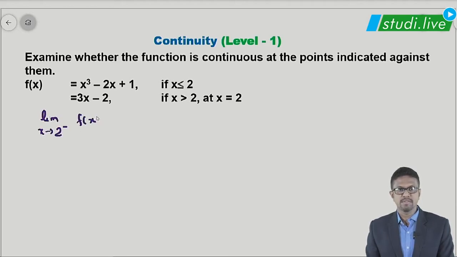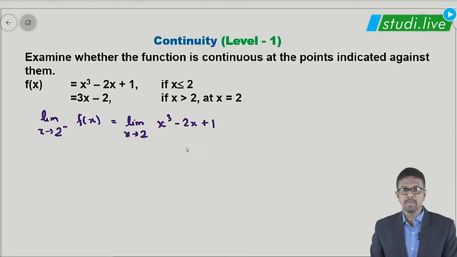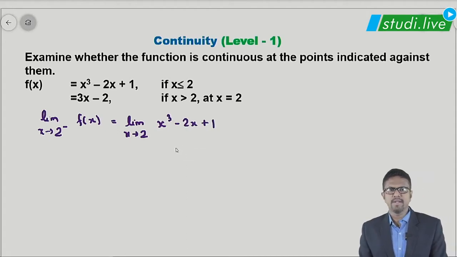So when I am saying x tends to 2 minus, that means we have to use the function where it is written less than 2. So where it is written less than 2, it is x cube minus 2x plus 1. Let us substitute the value of x to be equal to 2 because there is no term at the denominator,